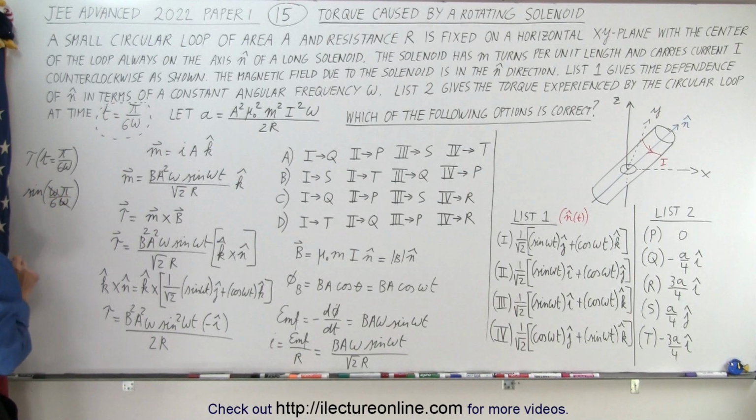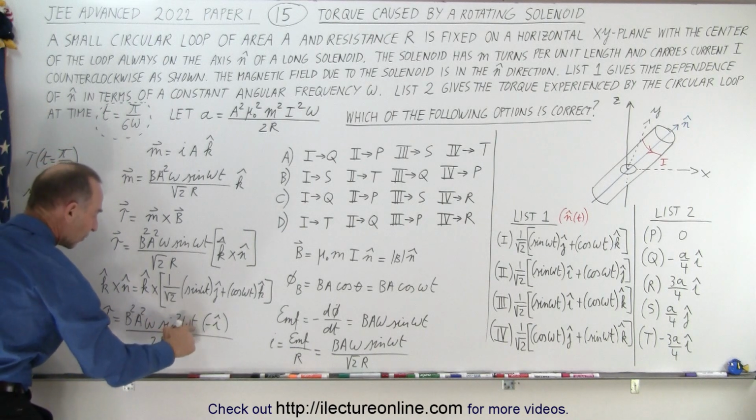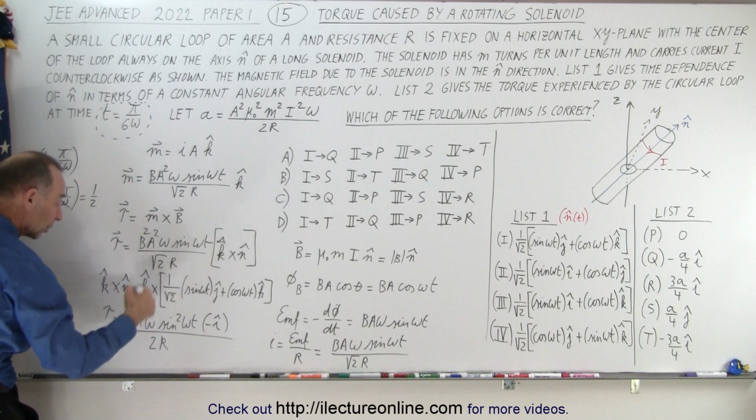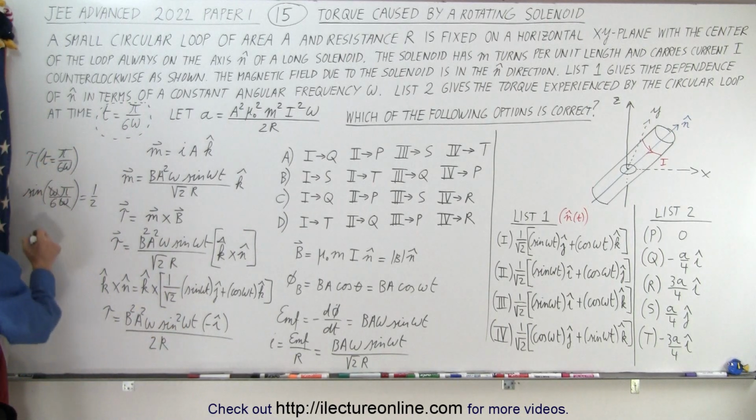The omegas cancel out. Pi over 6 is 30 degrees, which is 1/2. And so therefore, sine squared of omega t evaluated at pi over 6 omega gives us 1/2 squared, or 1/4. That gives us 1/4. So this means that the torque, therefore, is equal to b squared a squared omega